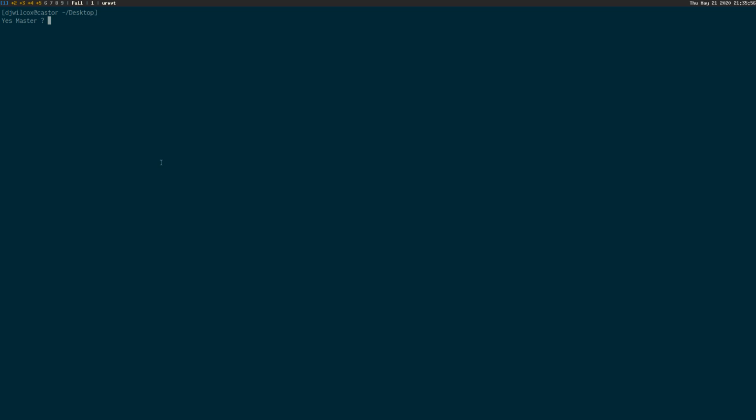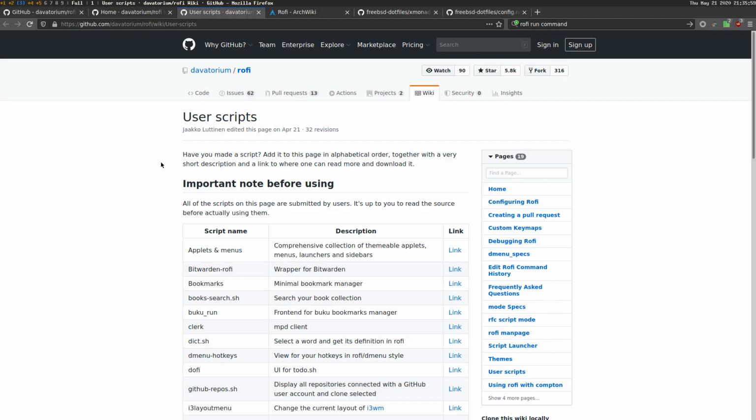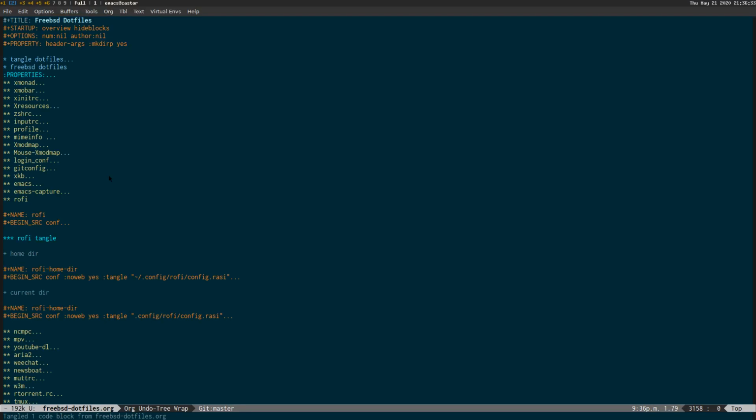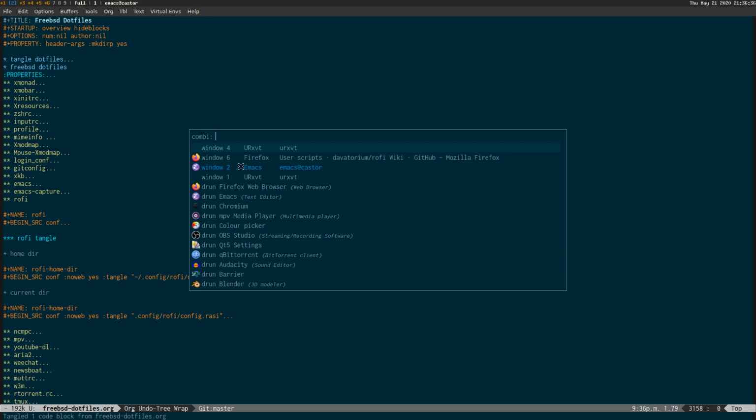So what happens is we've got one instance of Firefox that's displayed on two workspaces. This was the original workspace we launched Firefox on, and we copied it to this fifth workspace. So what it seems like rofi does is it picks up the last workspace the window is tagged on. So if I mark this as number 6 and then I switch to another workspace, you'll now see that Firefox is listed as the 6th